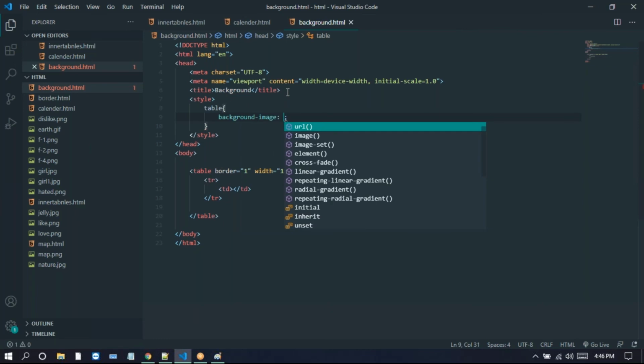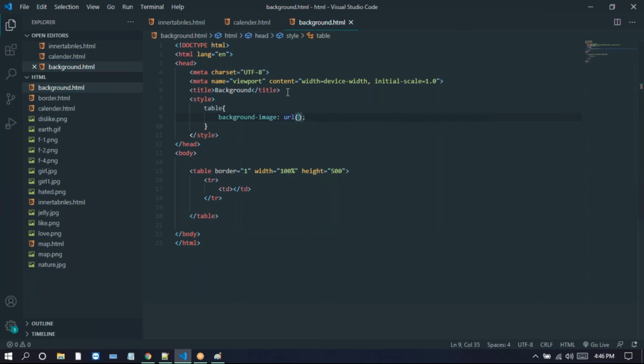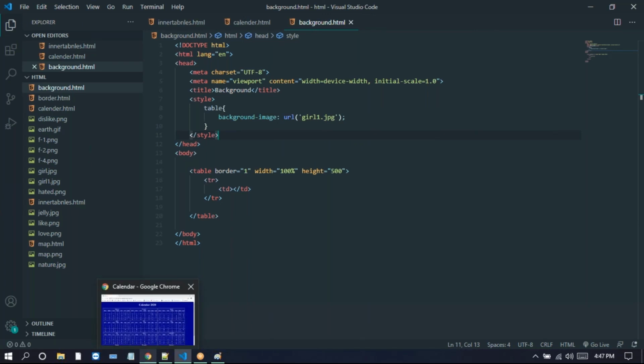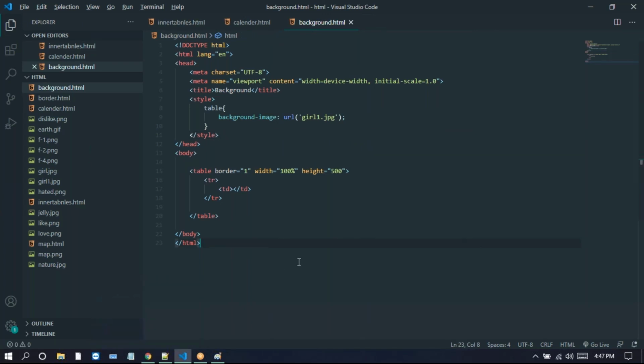So here we have Gale 1. So here is our image, right? So we're having images here. I'm just taking Gale 1 dot JPG. So JPG, this is the image, right? So this is our image. Now just run this one on the browser. Look at this one. We just run this one on the browser. So here, just click on this one. So look at this one.